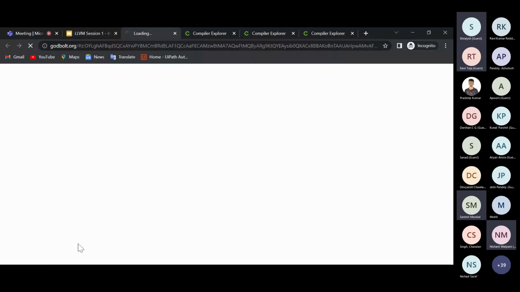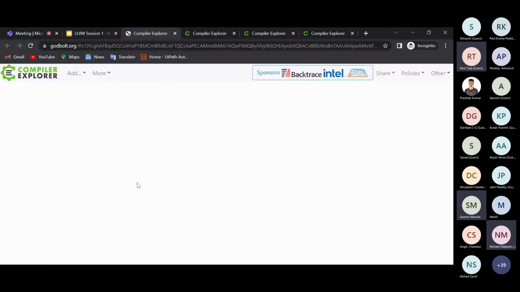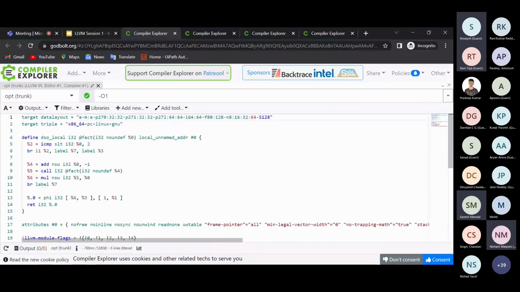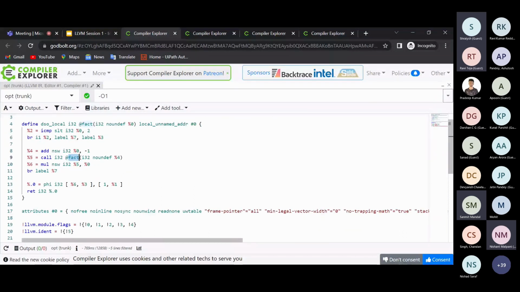And this is the example for that. On the extreme left, you'll see the LLVM IR. This LLVM IR is the same as the LLVM IR for factorial. I can maximize this one. So this is unoptimized code, which is basically recursion. Factorial is calling factorial, and it is exactly the same translation. First you do an if statement, then branch based on whatever value you get, you add, you multiply, and you call.